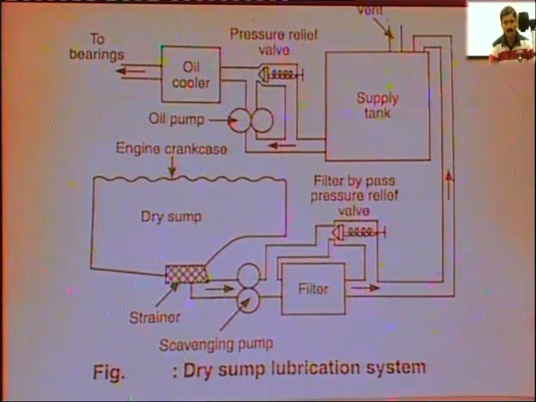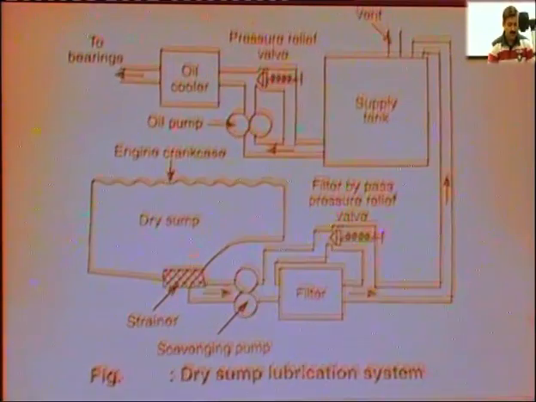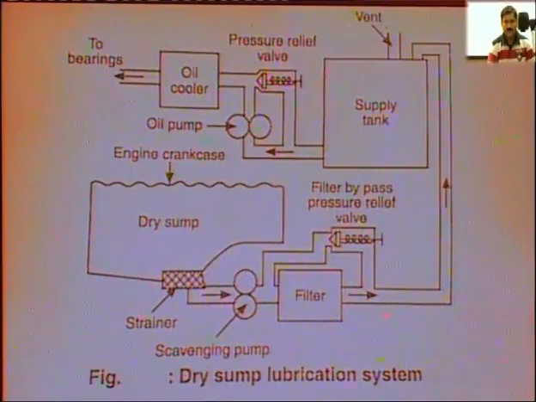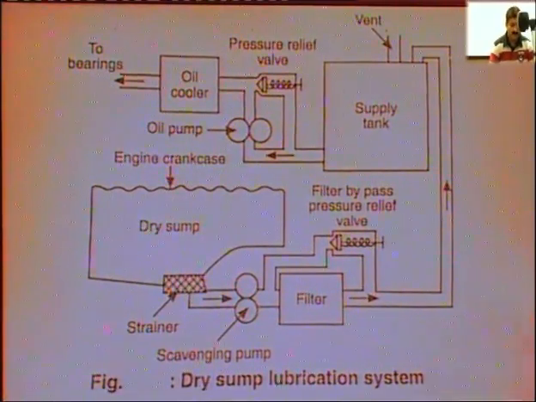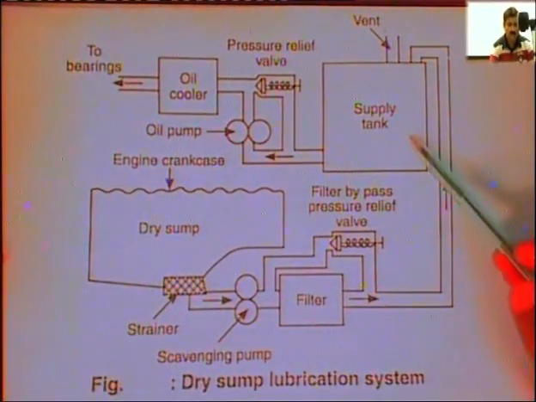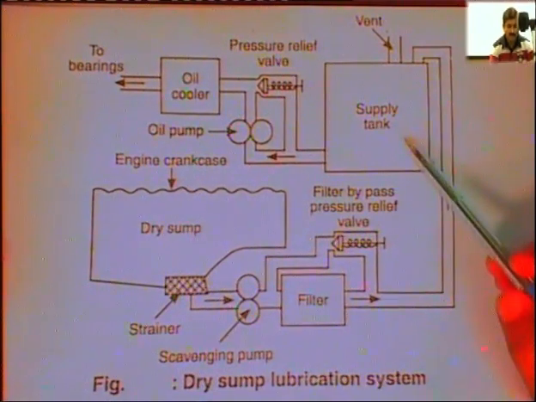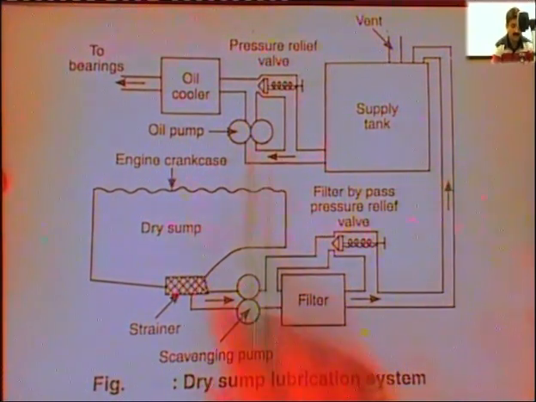So, if we provide the previous lubrication systems to this aviation lubrication system, it will not serve the purpose, because the level of the lubricant will always be different at different angles. So, for that we will provide dry sump lubrication system, which will always provide the lubrication under pressure at every instant. Here we can see that the supply tank accumulates all of the lubricant, and here is the oil pump,